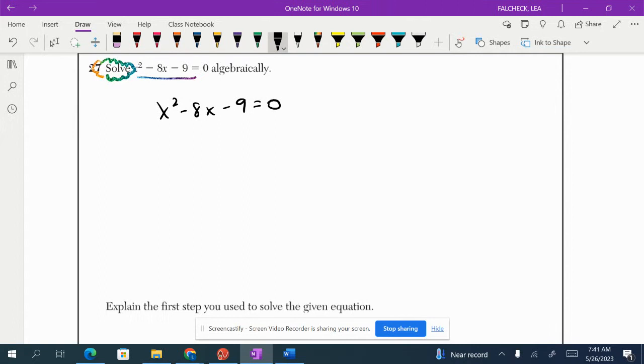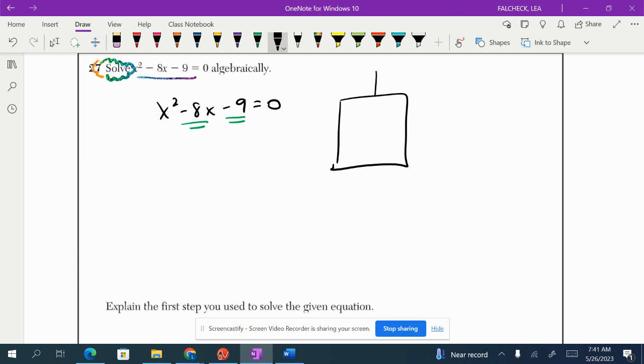I always do first is check to see if it's factorable, because factoring is the easiest way to solve a quadratic function. The way I check to see if it's factorable is I ask myself, what are the factors of -9 that add up to -8? And when I think about that, the only factors of 9 that I can think of that would ever really add up to 8 are 1 and 9. And since I can think of two nice whole numbers that fit this criteria, I'm definitely going to try to